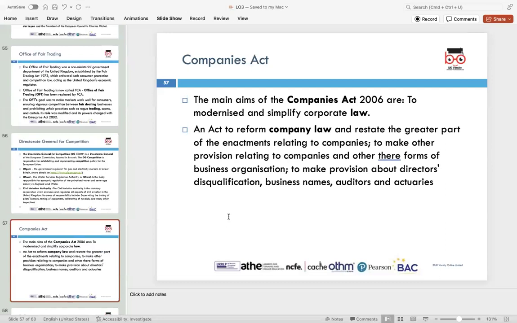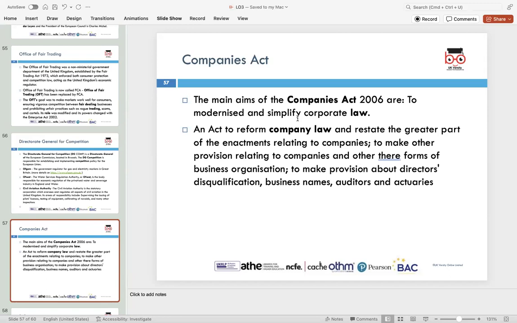Companies Act, a very famous and very important part of the whole chapter. The main aims of the Companies Act are to modernize and simplify corporate law. So, it is an act that aims to reform company laws and restate the majority of the enactments that pertain to companies, to stipulate additional provisions that pertain to companies and other